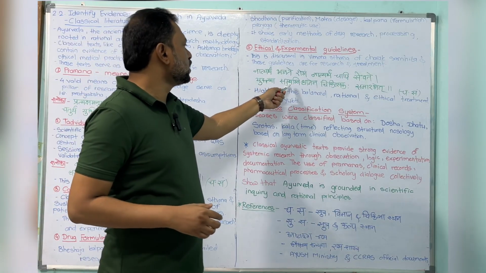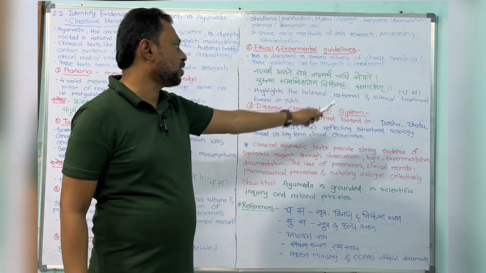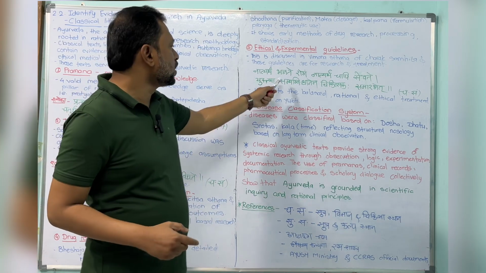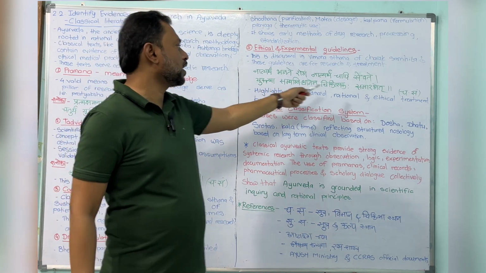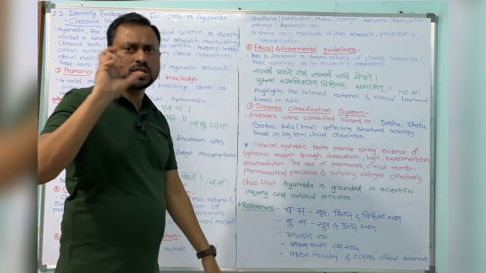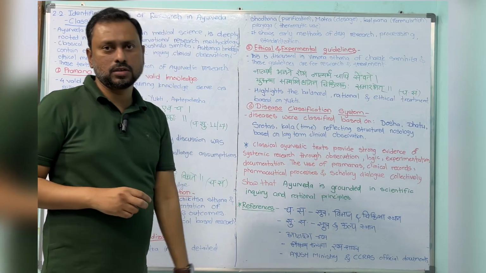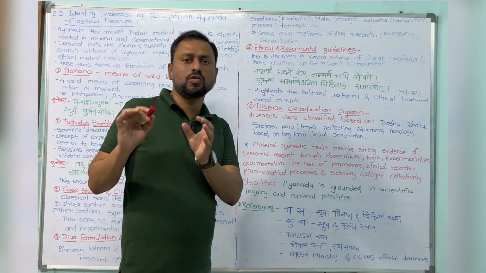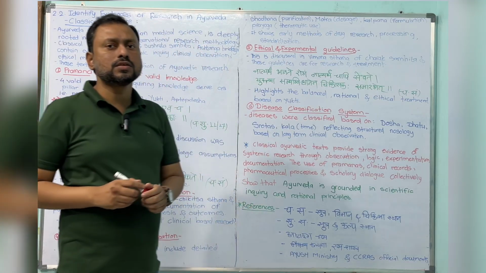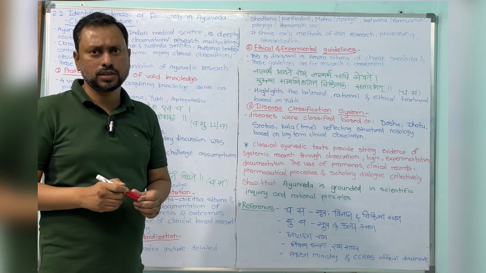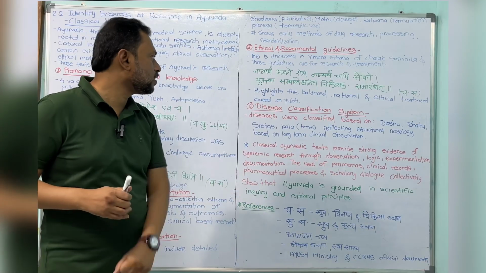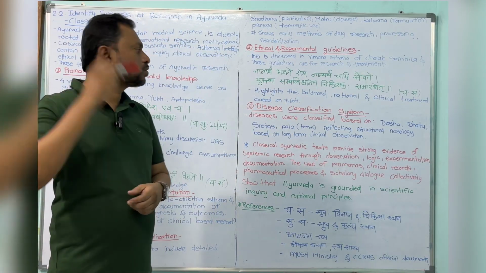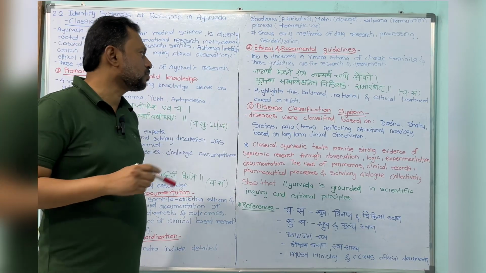Next, "yuktyam samyak vedena chikitsa samarbhet". It means that through yukti, through logic, the chikitsa should be started. These ethical guidelines are told in the Charaka Vimanasthana, on how we have to begin the research. Before that, we have to consider all of this. It highlights balanced, rational and ethical treatment based on yukti.